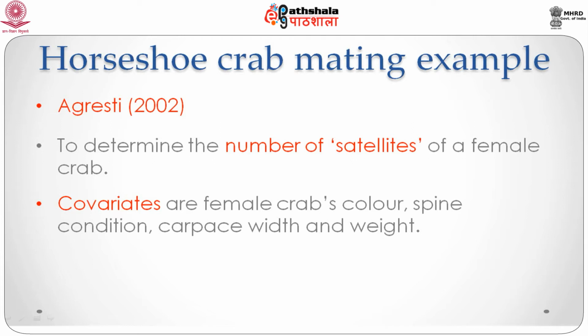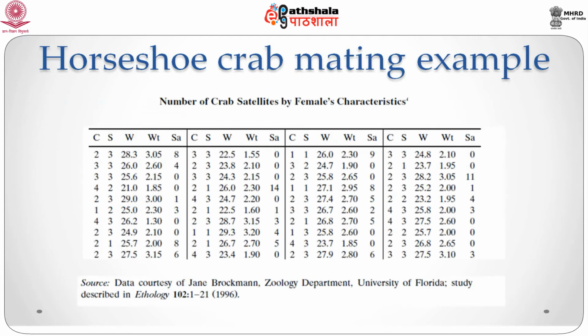We're interested in relating this number of satellites to covariates of the female crab, which are color, spine condition, carpus width, and weight. For now, we shall only consider width as a predictor, though of course it is easy to generalize the models which we shall define